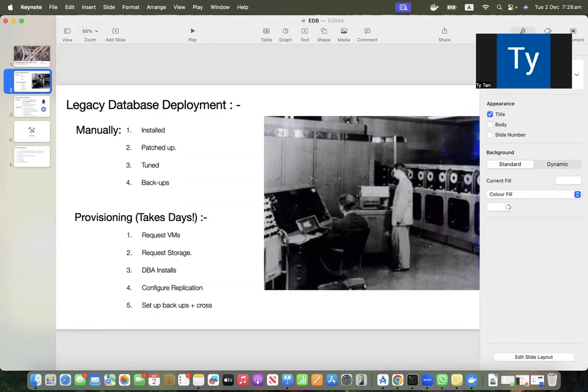Now, in a larger enterprise, that could be an issue because if you, let's say, have only one or two DBAs, you actually have to reserve that time to do the work, right? Whether you're requesting VMs and persistent storage, setting up your replications or your PITRs, right? Or even setting up cross replication or even your indexing and tables. All these require a time of a person with access to the machine to set this up in a traditional